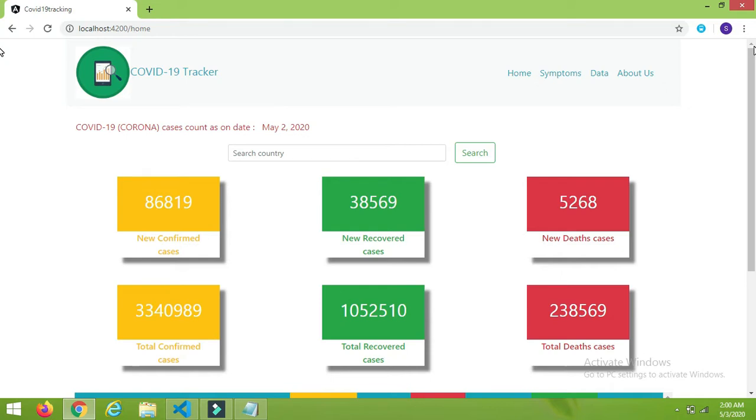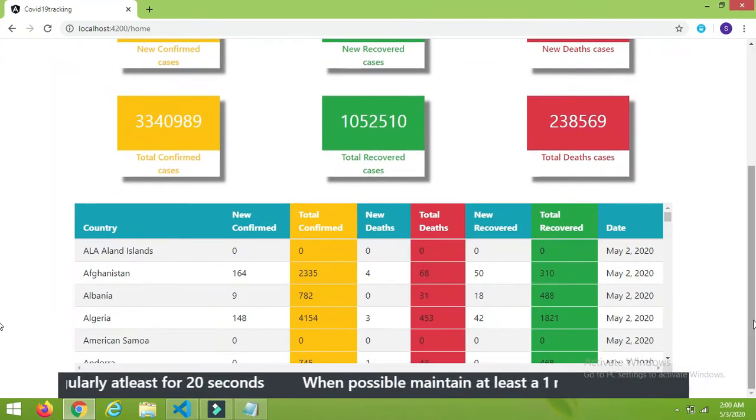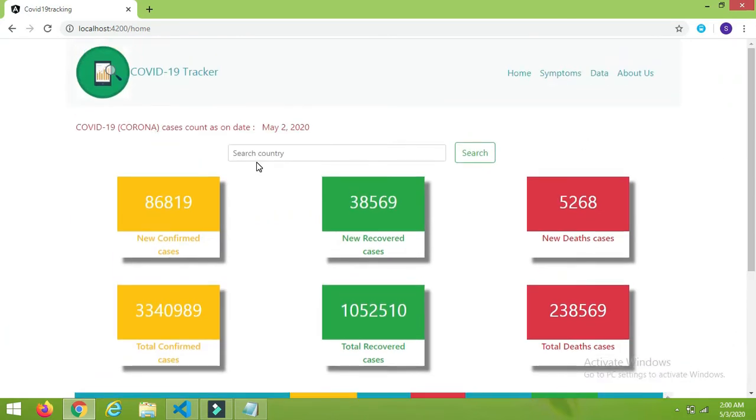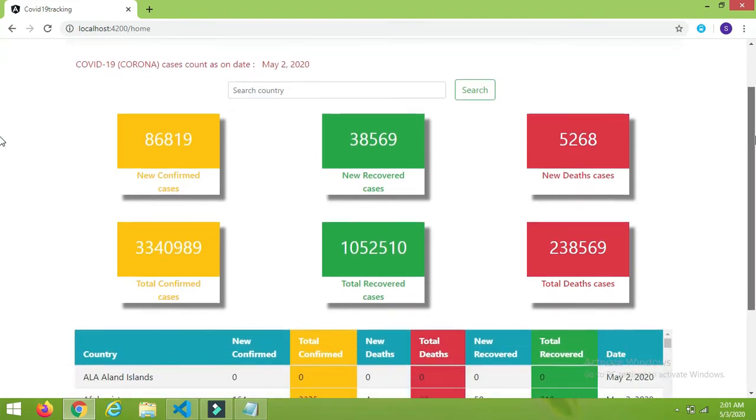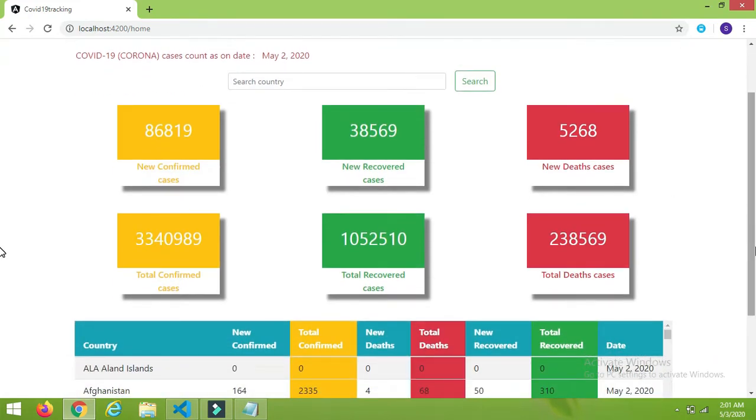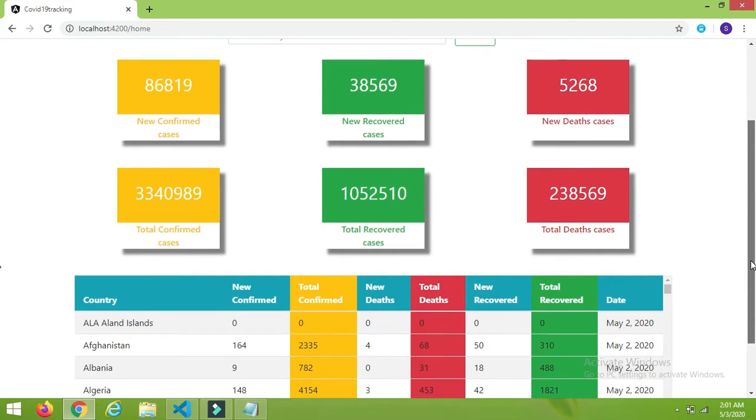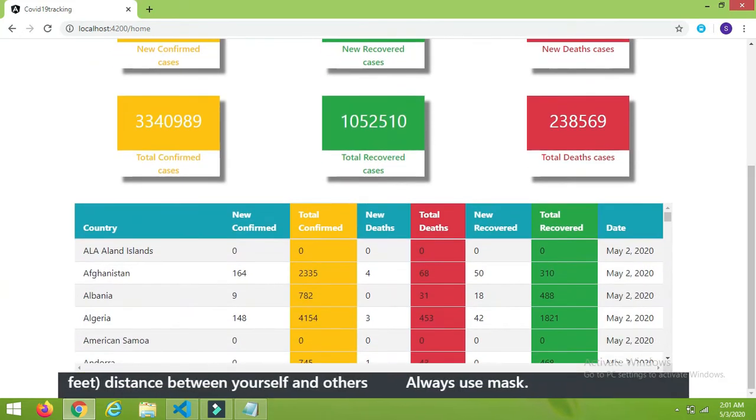So at the end of the video, this will be our final goal, right? So what I have done, I have divided this whole page into three main sections. This will be the header, then body, and this will be the footer. In the header section, we will have the logo and the menu icons. Then second, in the body, we will have this summary for the COVID-19 cases, and at the bottom we will have the footer.